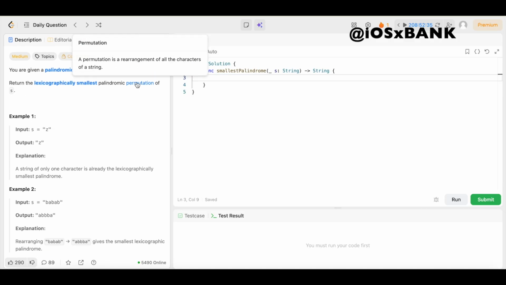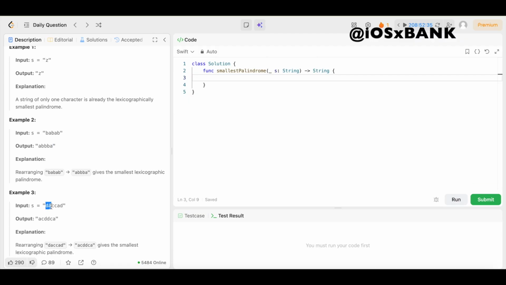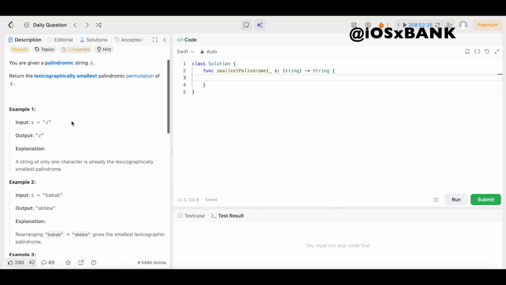Then the permutation. It says a permutation is a rearrangement of all of the characters in the string. So that's just how we took this string, B-A-B-A-B, and turned it into a palindrome by rearranging the characters. Same thing here. We took this string D-A-C-C-A-D, which is a palindrome as well, but we rearranged it to make a smaller palindrome. Going back to the alphabetical order, the more alphabetical it is, the smaller it is